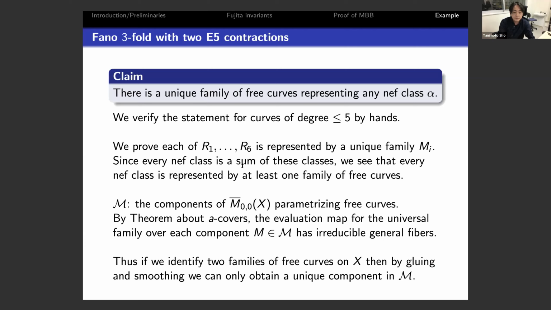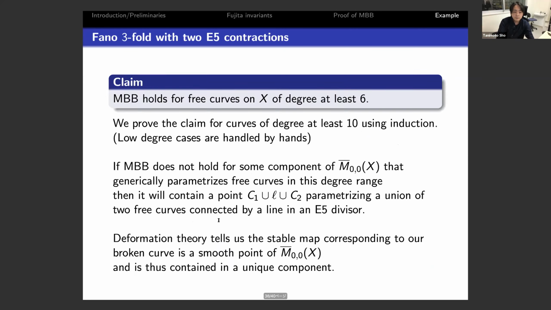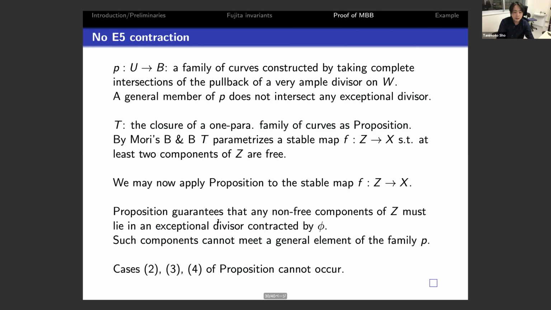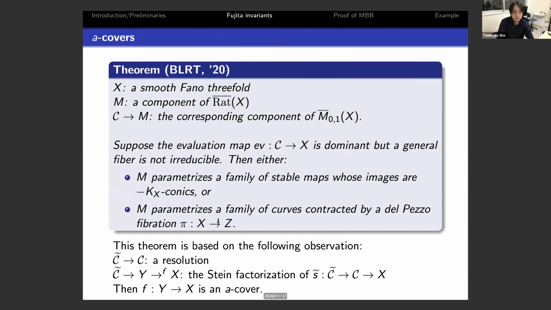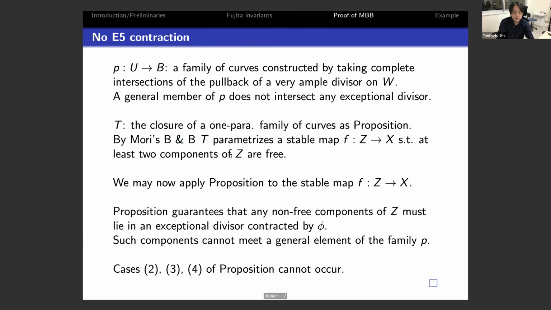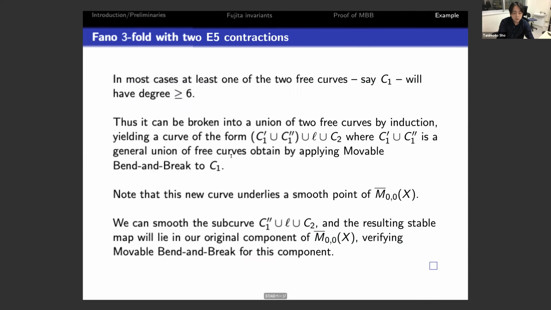And since every NF class is the sum of these classes, we see that every NF class is represented by at least one family of free curves by just gluing and smoothing. There's at least one family of free curves. On the other hand, let M be the set of components parameterizing free curves. And then by the theorem about A covers, one can show that